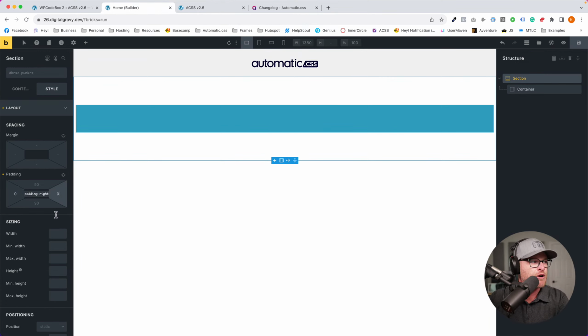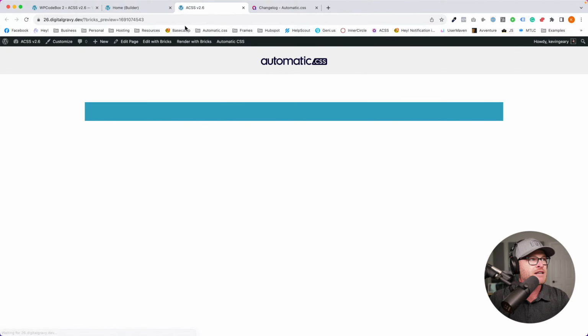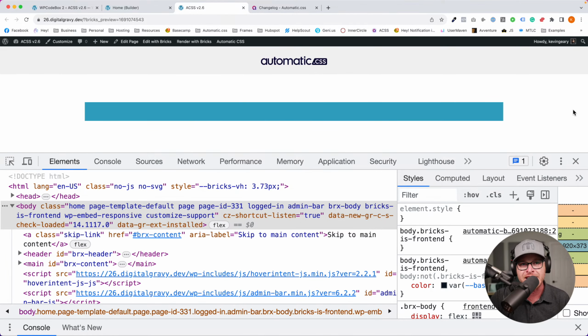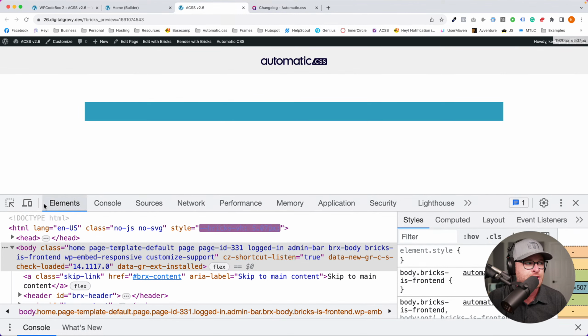So we're going to just zero this out. What I've done is I've removed the gutter for this section right here. And we're going to take a look at this. Now on the desktop, nothing has changed. Why has nothing changed? Because that is a container and it is still just max width 1366. It's not ever going to stretch to the edges of the side because that's not what containers do.